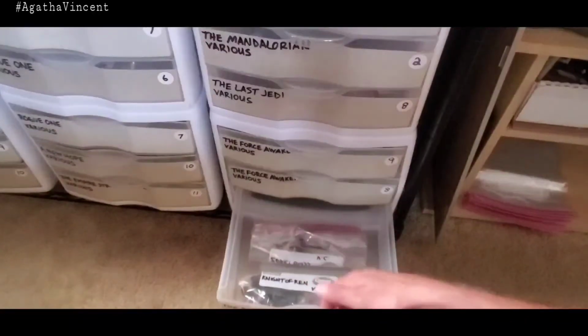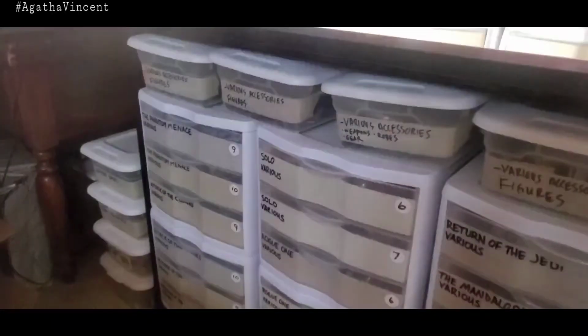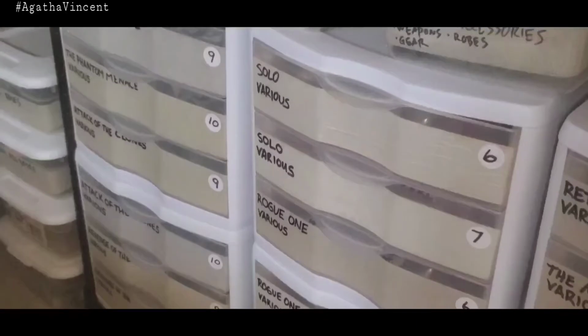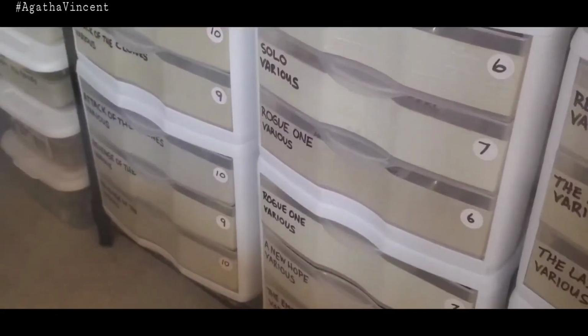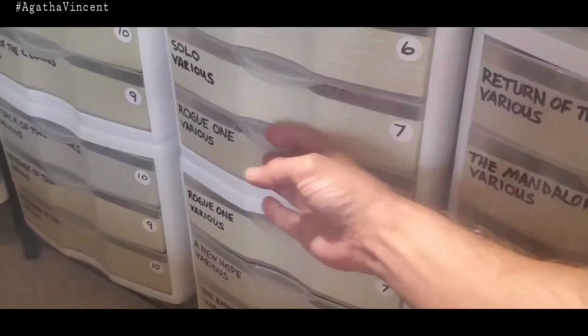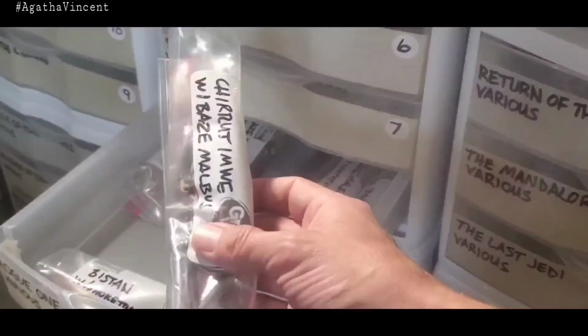All right, and they're in chronological order, so starting right over here, I have the Phantom Menace going all the way down, Attack of the Clones, and then I have the various Rogue One figures. And remember what I was talking about being